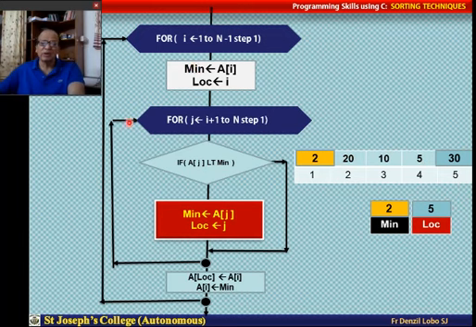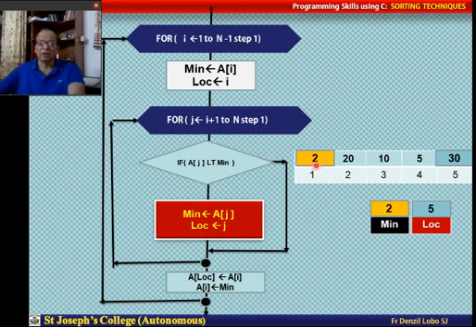So here, as we have done earlier, finding the minimum number in an array, that algorithm is here. For j equal to i plus 1 to n, I check whether the incoming number is less than what is contained in the minimum. If it is so, I make that number the minimum and get its location. Once I find the minimum number, at that location I put the first number, and then copy the minimum number to a[i].